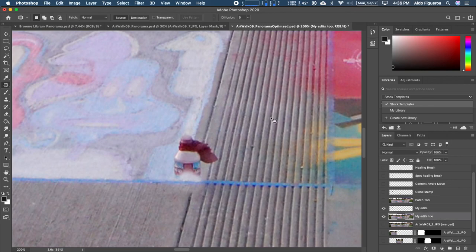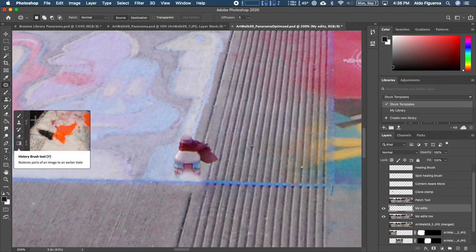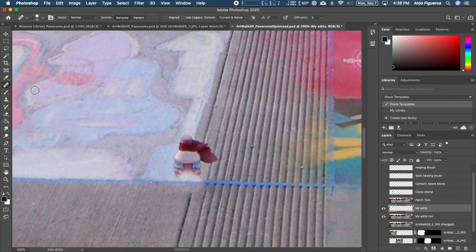So I have to switch to my edits. I want to copy some of this information down here. Well, before I do that, undo. I think I need to change some of the things with the spot healing brush. Was it? No, I want to copy this. Let's see, do I use a move? Well, let's see. Let's try, because it might keep some of that. I think I'm going to use